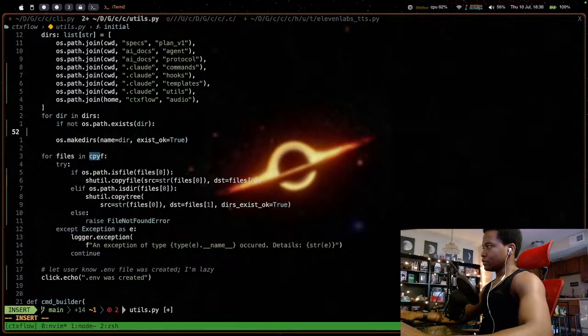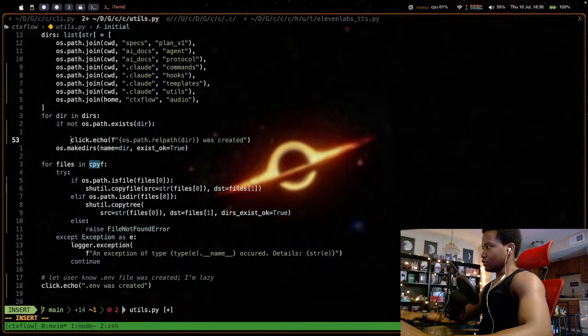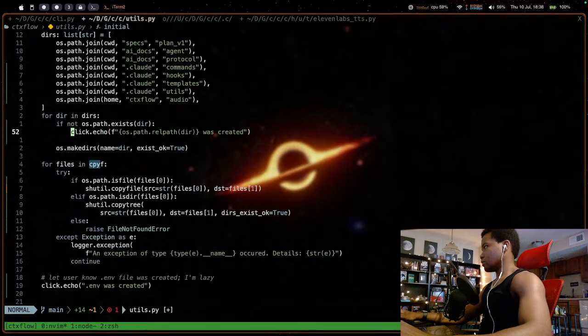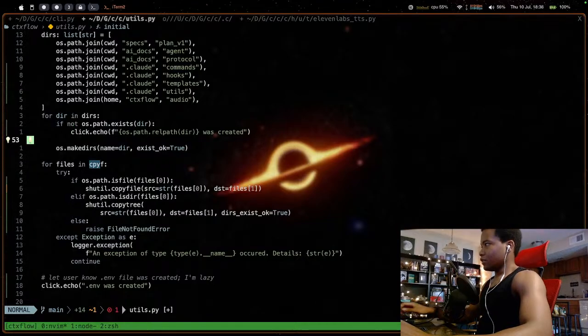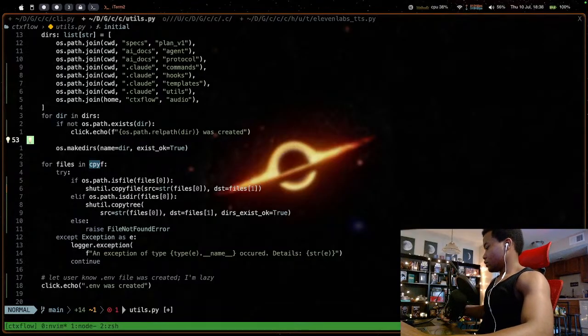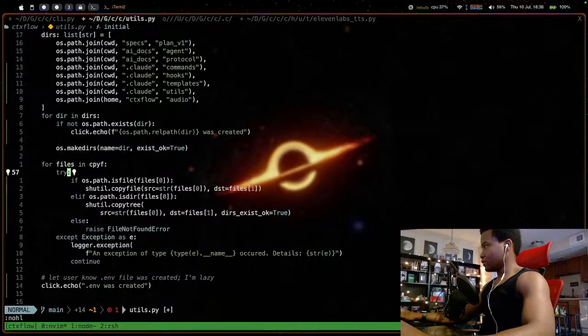A little hacky way. So that way it only does it if it's not already in there. But if it's already in there, then it won't output, because I don't want to confuse. Because there'll be confusion.